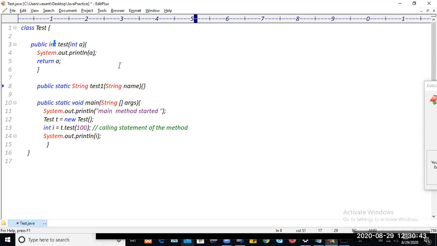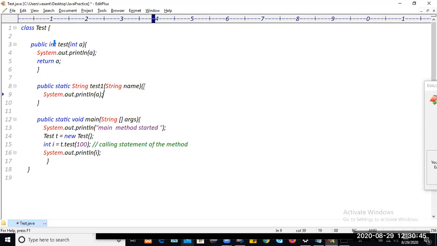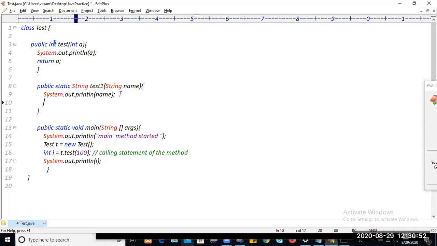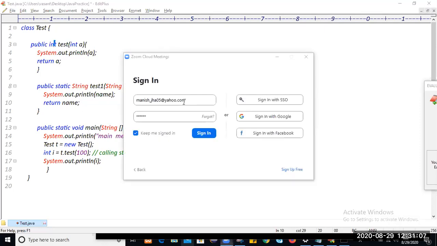I will use this name variable also. At runtime we'll initialize this name variable when you call the method, and I will return that name variable. Name variable is of what type? String type. That is the return type of the method. Test one method is what? String. When you call,